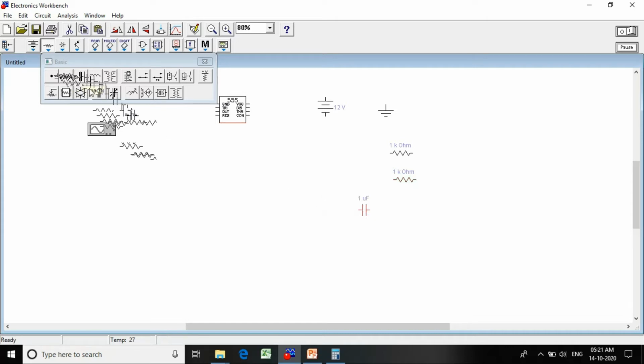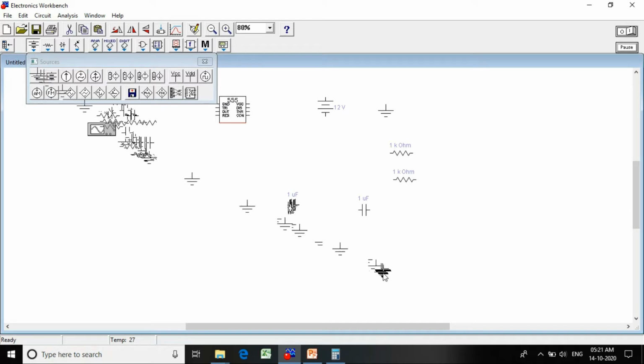How many capacitors do we require? Yes, again it is two. We require two capacitors and we require two more ground connections. So we'll take the ground components over here.